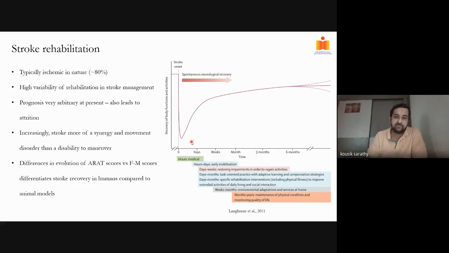This actually puts emphasis back on not reading too much into the animal model results, because there is a point at which animal models will stop telling us how humans might rehabilitate. This is a very interesting thing that has been happening over the last 3-4 years that we can observe from literature. Currently, the kind of treatment for stroke management is completely arbitrary, and it is very difficult to do prognosis now. So this is where we wanted to come in.